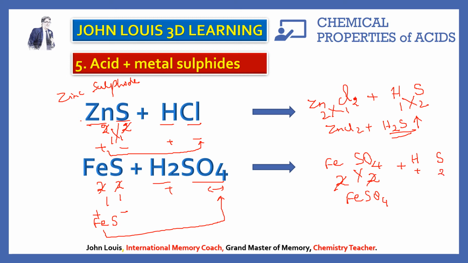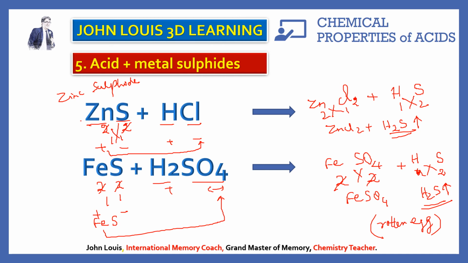Plus what do you get? The positive ion of the acid, that is hydrogen here, and the negative ion of iron 2 sulfide is sulfide, valency 2. And hydrogen valency is 1. Therefore, when you interchange, you get H2S. So this is a gas, hydrogen sulfide gas. The smell of hydrogen sulfide gas is rotten egg. Just by getting that rotten egg smell, we can understand this reaction is carried out. If there is no rotten egg smell, then we can understand this reaction has not taken place. Wherever hydrogen sulfide gas is released, we will get that rotten egg smell.